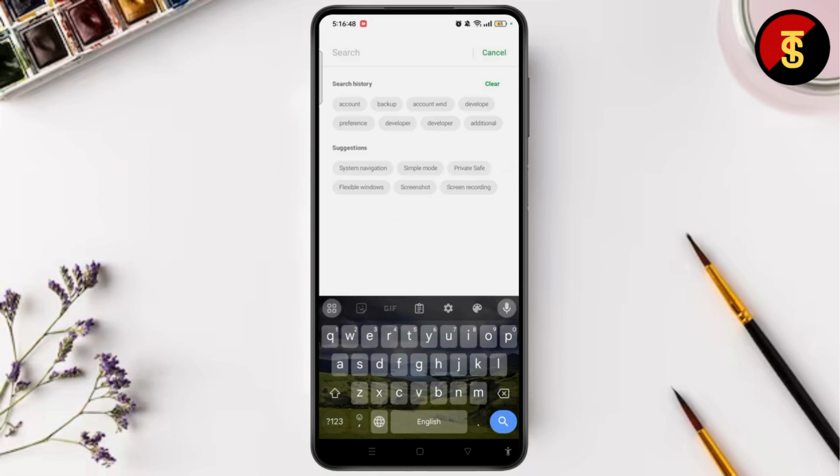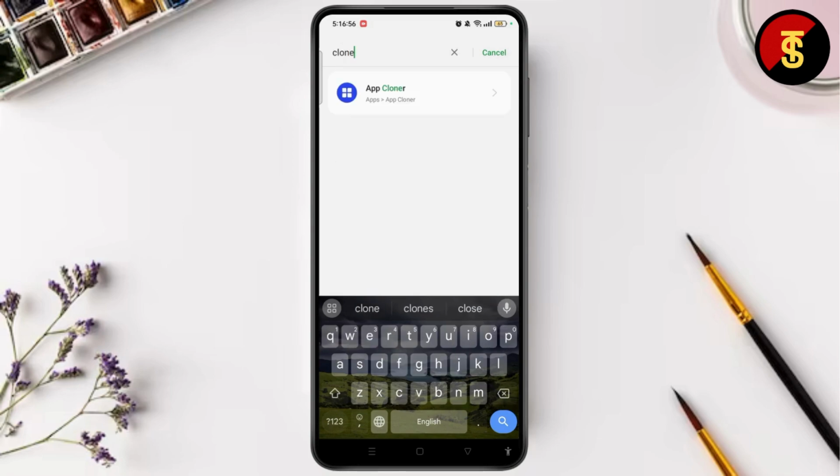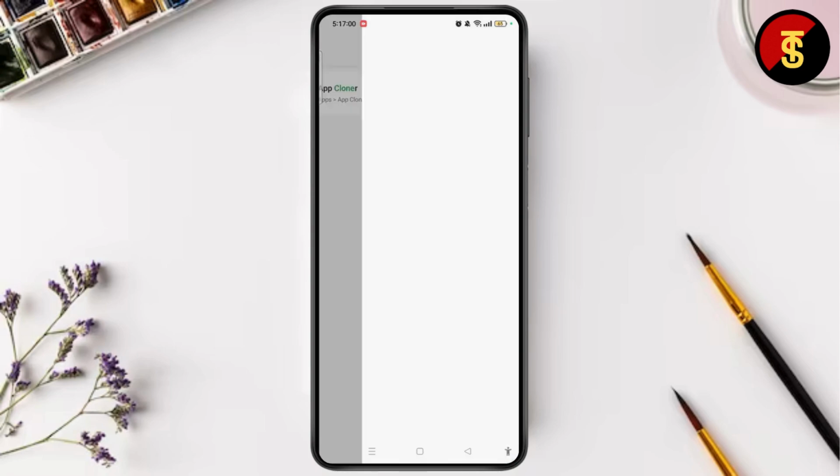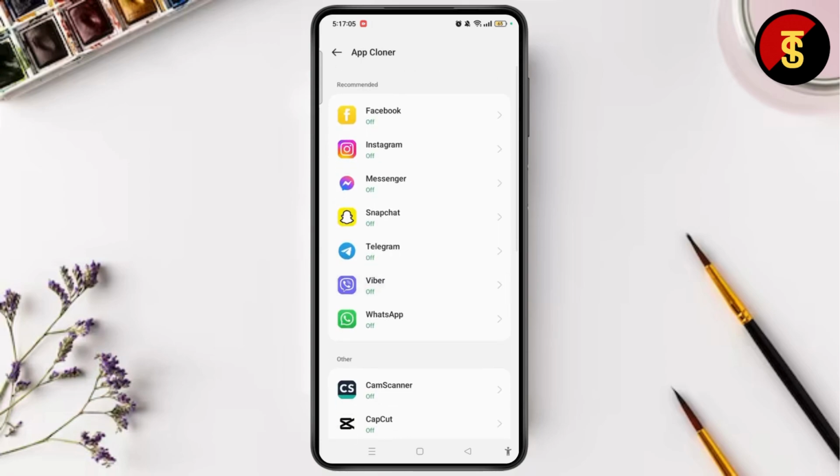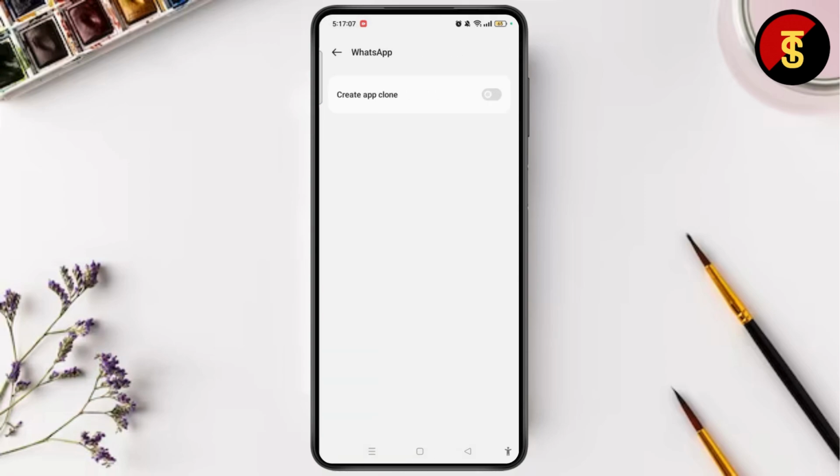search for Dual. Or if you don't have the dual messenger option, then you can also search for clone and you will see the option of app cloner. Both of the options are the same. And once you open it, you need to simply select WhatsApp and you can simply turn on the button and